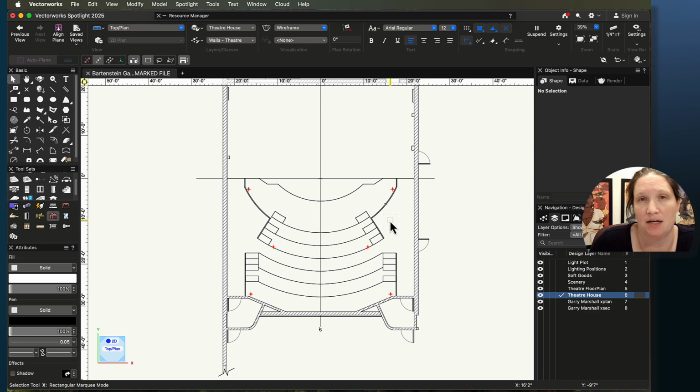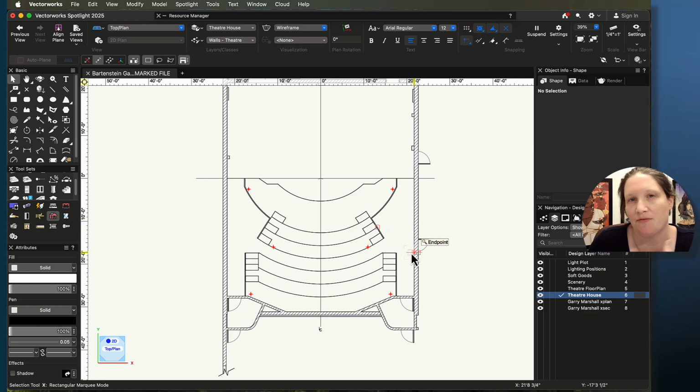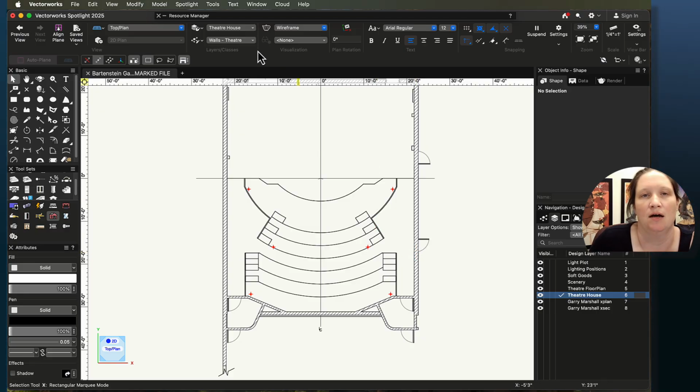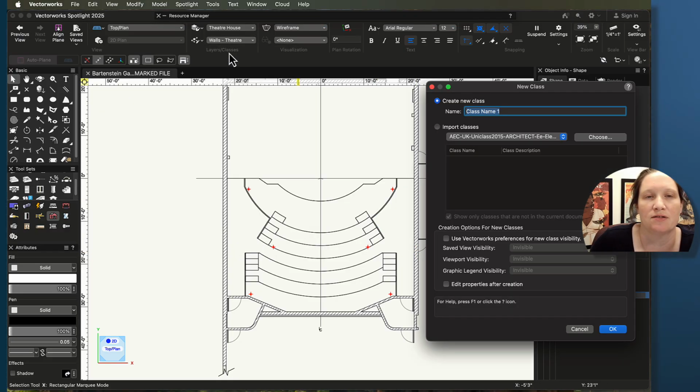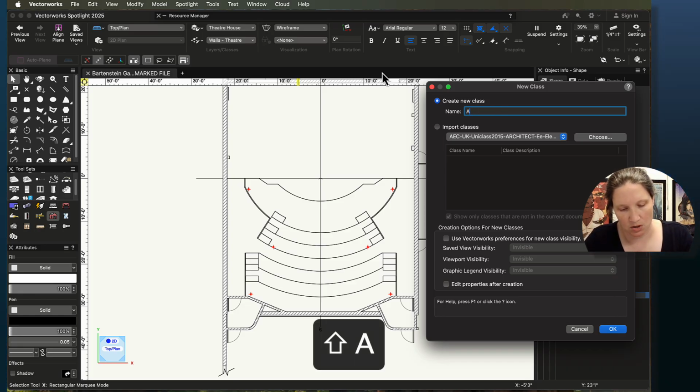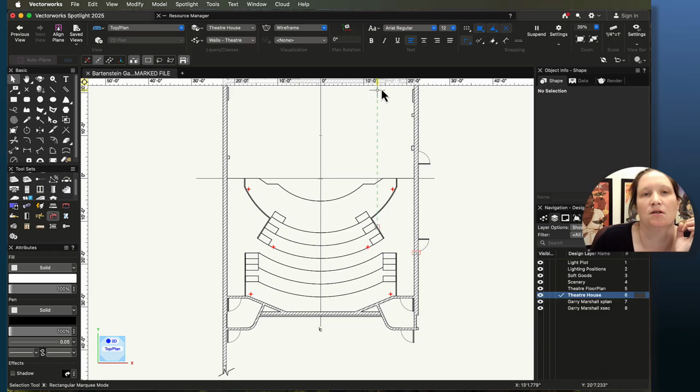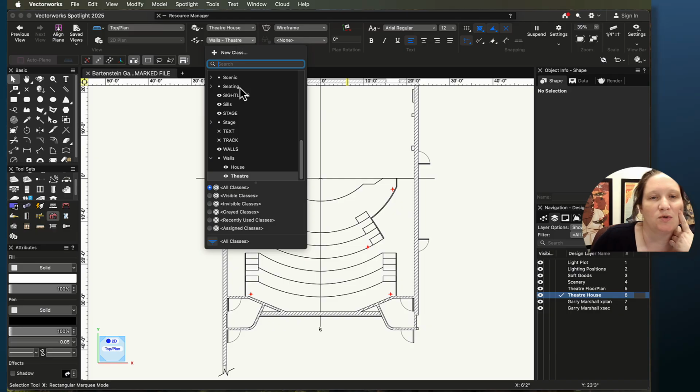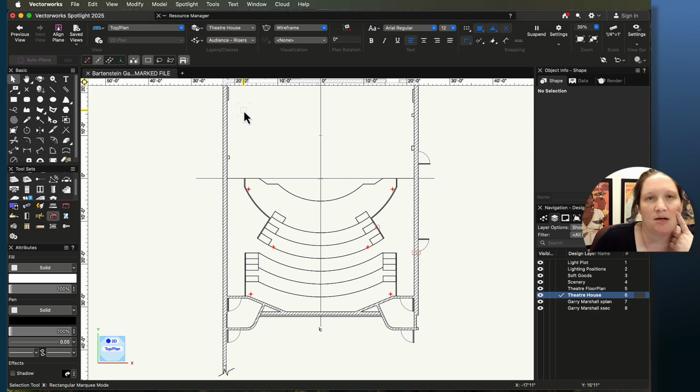Some of the reason for that is that I want to have it as a separate layer. It's easier to turn it on and off that way, and I know I'm working in the correct spot. And then I'm also going to create a new class for that, and we'll call it audience risers. So audience dash risers. I did that up here this time, and then I can switch into that class. So I can go back up here, audience risers. So as I'm drawing these pieces, they'll all be classed that way as well. So theater house, audience risers, that's where I want to be as I get started on this part of the